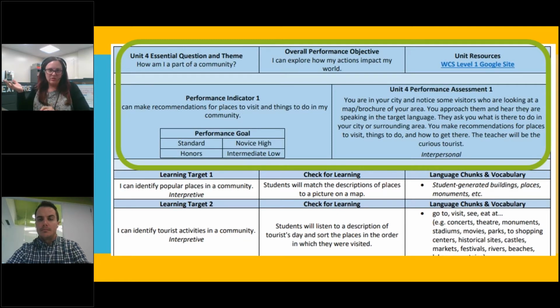What 14-year-old knows what it's like to be plopped down in Spain and live for 2 months? They don't know. So it's trying to create situations for them in those performance assessments that are real and that actually might happen. And let me tell you, that was hard as curriculum writers, but those are the essential pieces